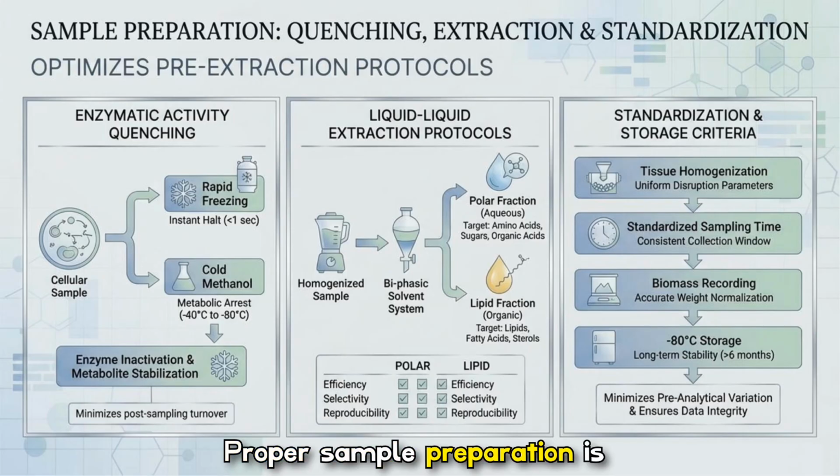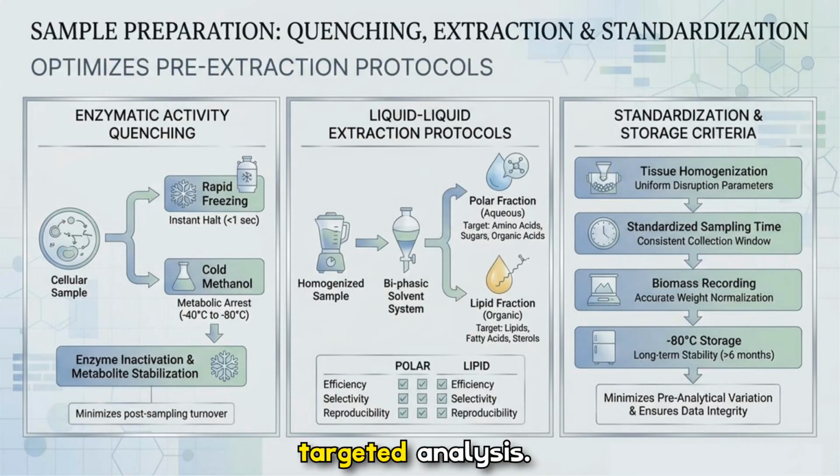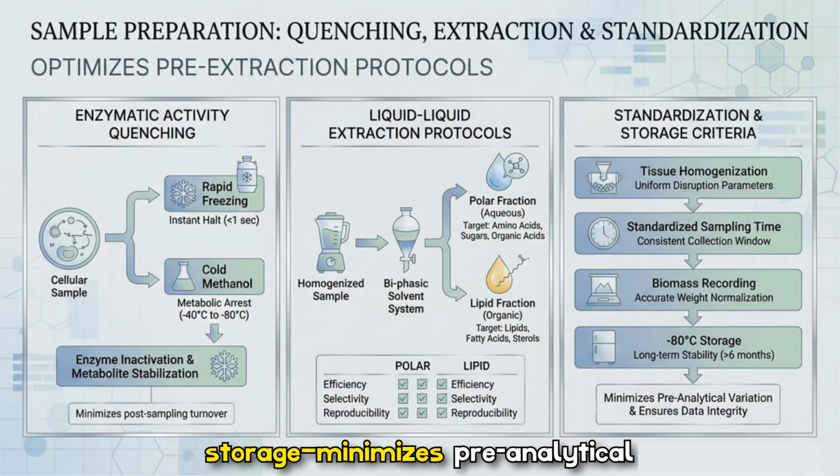Proper sample preparation is essential. Quenching stops enzymatic activity, using rapid freezing or cold methanol to preserve metabolite levels, and liquid-liquid extraction separates polar and lipid fractions for targeted analysis. Standardization, uniform tissue homogenization, consistent sampling windows, accurate biomass recording, and minus 80 degree storage minimizes pre-analytical variation and protects data integrity